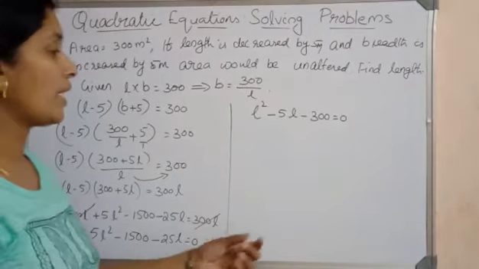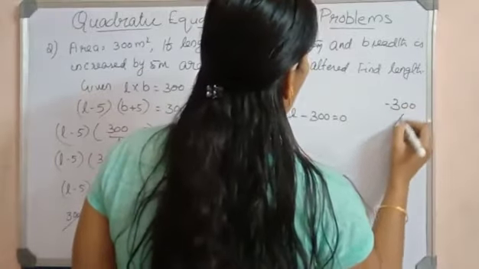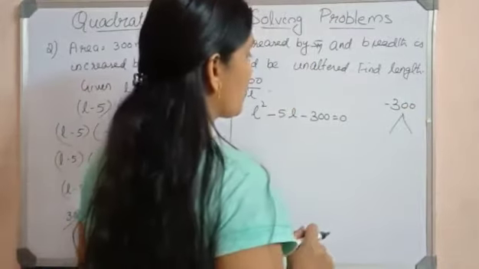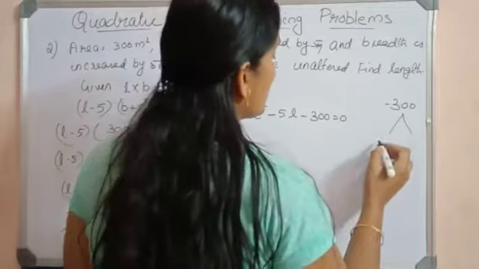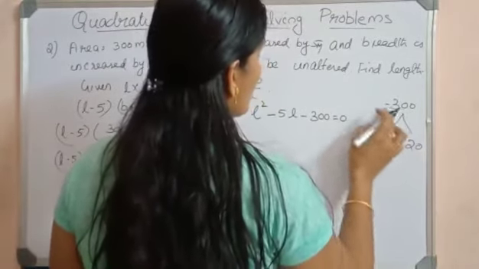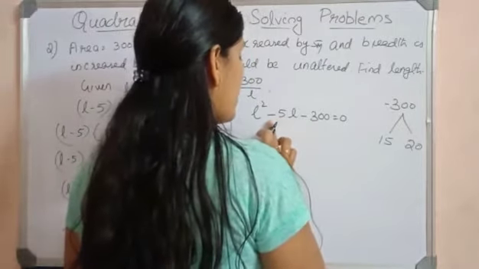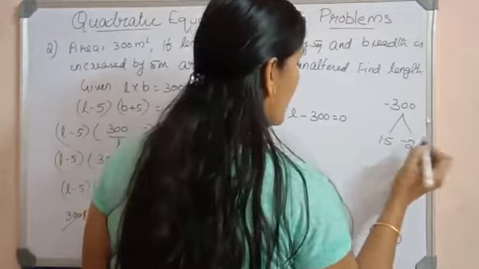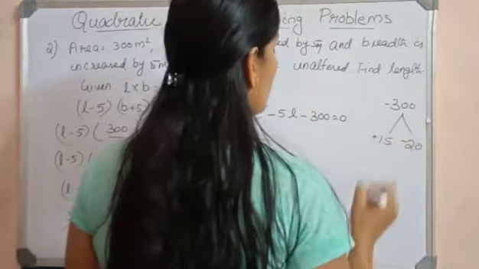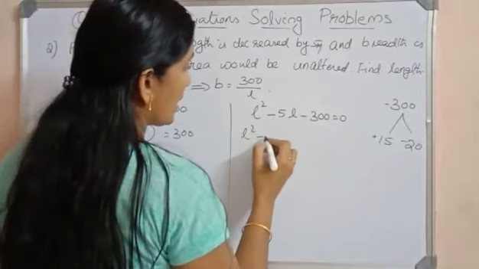So now we need to find two numbers so that the product is minus 300 and the sum is minus 5. So if we consider 15 and 20, the product of 15 and 20 is 300, and the difference is 5. Since the sum is negative, give the negative sign to the greater number and positive to the smaller number. So this will be L square minus